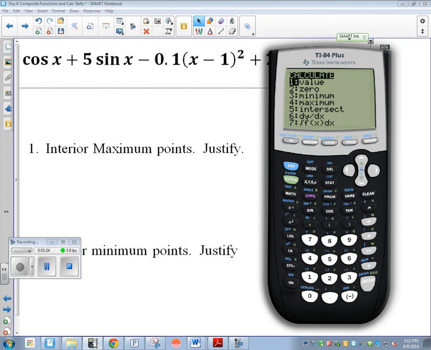Everything we're doing today is in that menu. We're going to find zeros. We're going to find mins and maxes. We're going to find intersection points. All of them are right there. So I'm going to find the maximum right now. I'm going to scroll down to number 4, where you can just type the number 4, and it'll ask